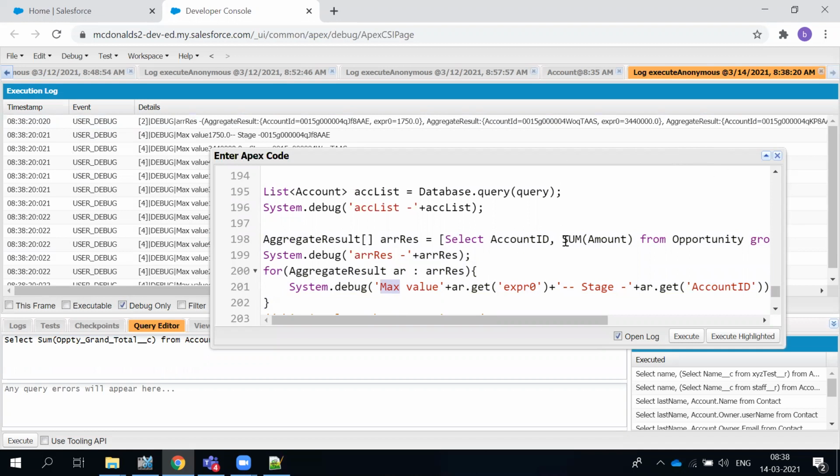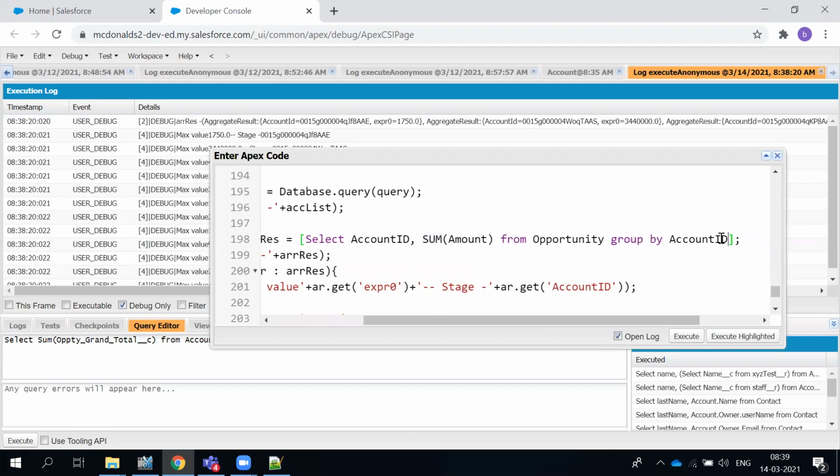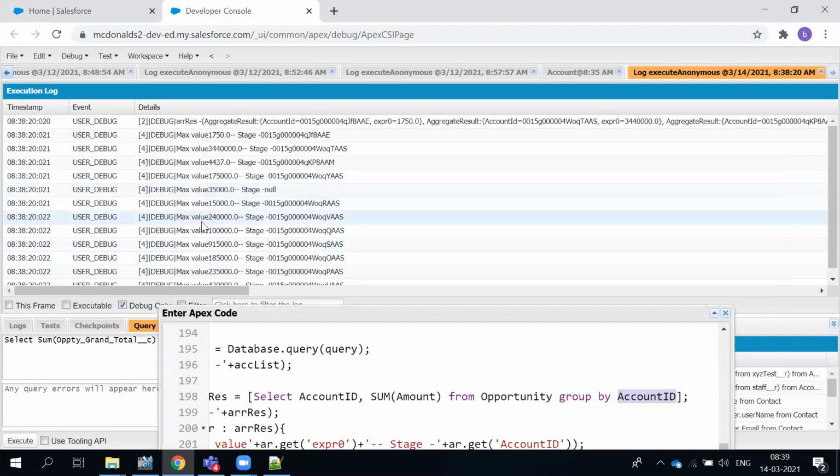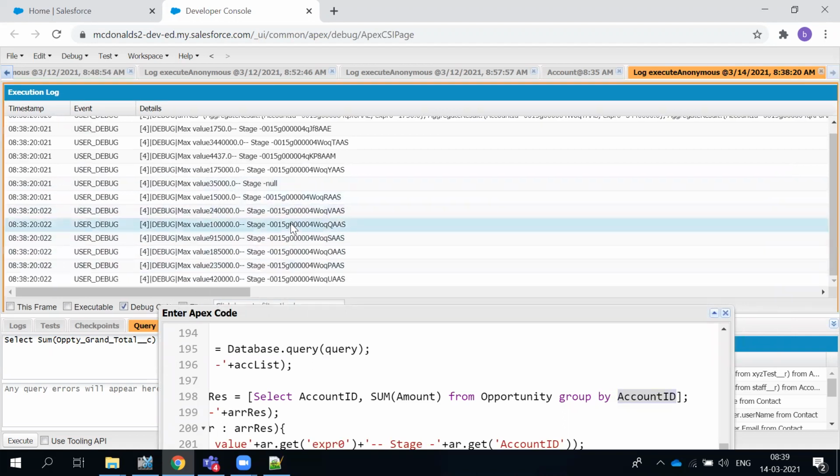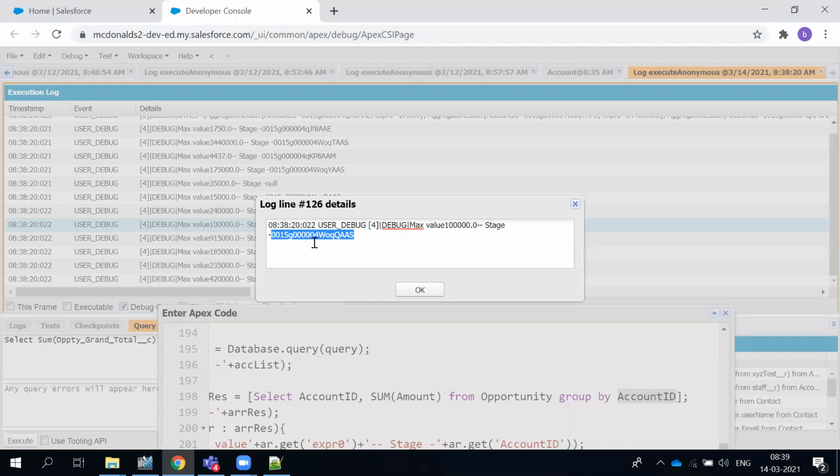So what we're trying to do is we're just finding a sum of the amount for all the opportunities under every account ID they're grouping by. So each account is holding how much of the sum value, they're showing it. Of course, if you have doubt, what you have to do is go to here, copy this ID,